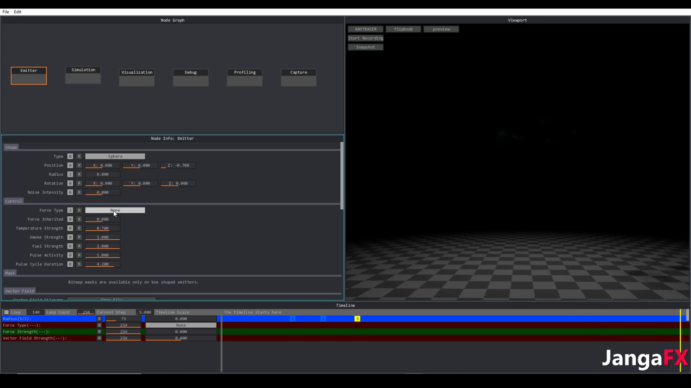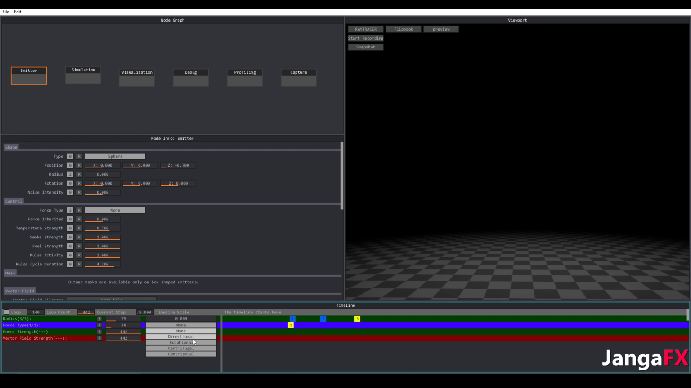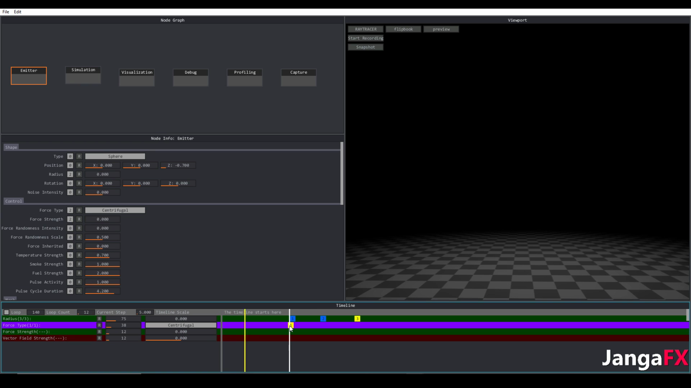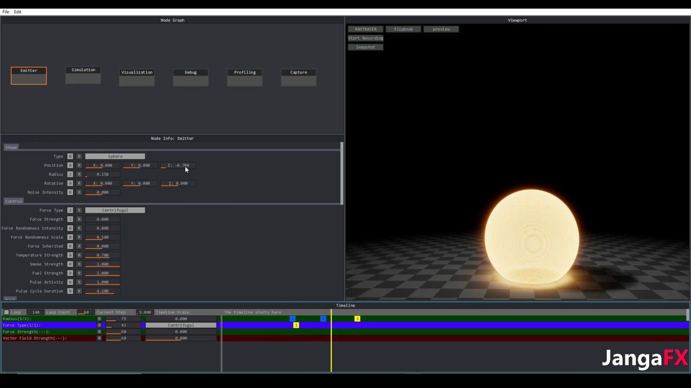And first off, we want to animate this force type right here. So we'll go down to force type and we'll say, okay, at first, you are going to do a centrifugal emission of fuel. So what we can do is maybe want to,